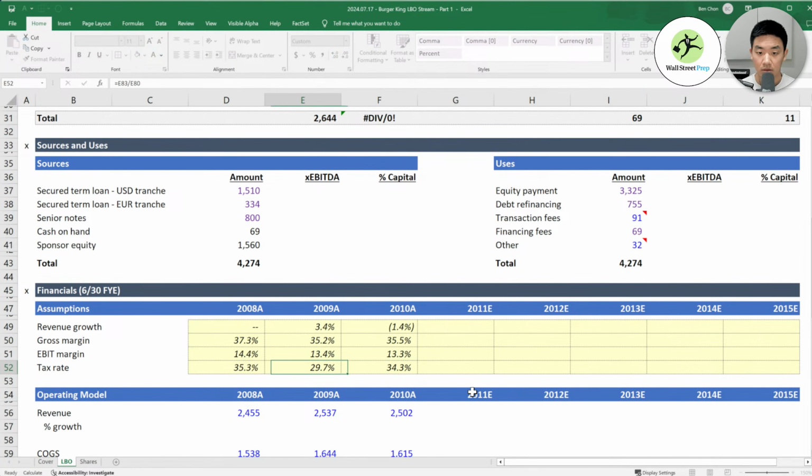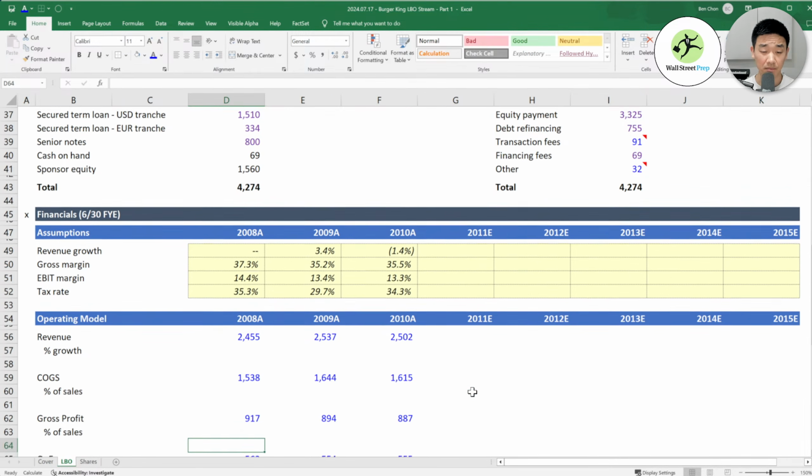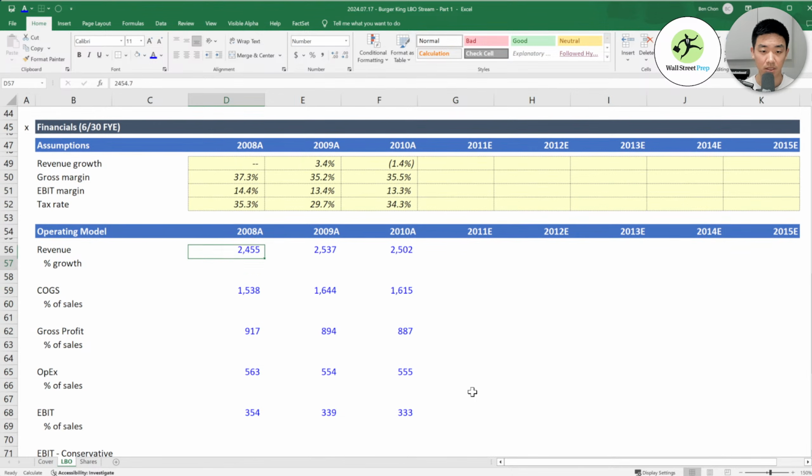Okay. So these are all links, or calculations, so I'm going to keep them black, and then let's get all these other ones.